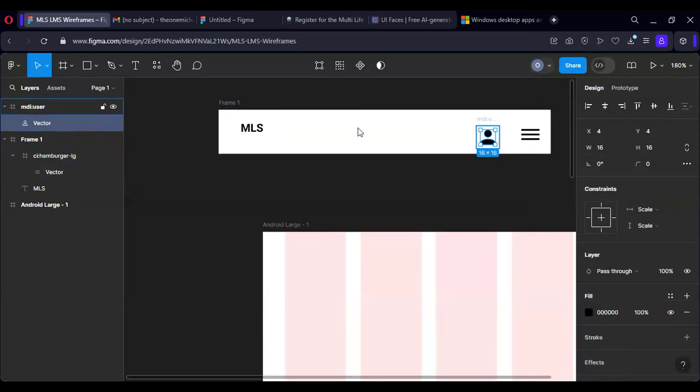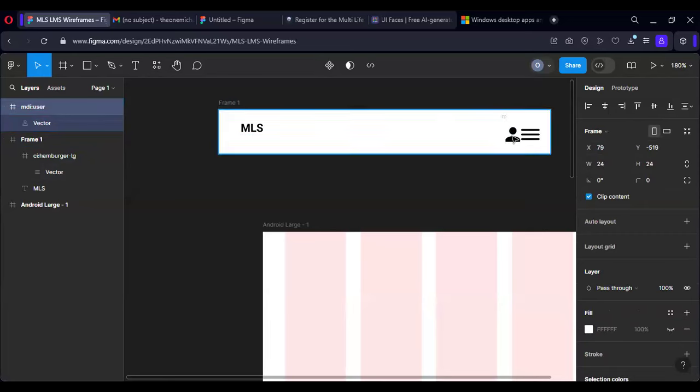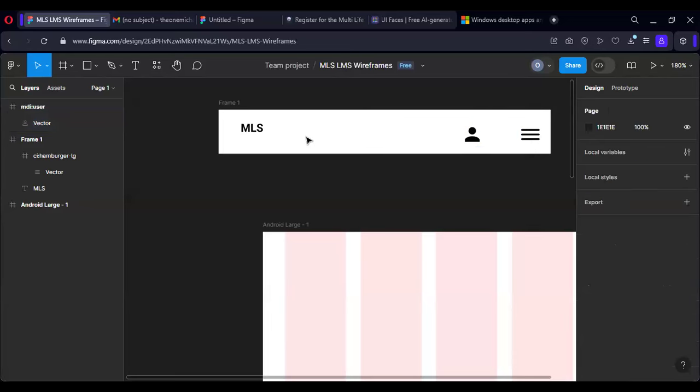Now, usually, the general principle in the industry, in UI/UX, is that every clickable item should be at least 40 pixels away from the next icon. So that would be -40. Oops, this is the wrong one. And the X -40. So now,